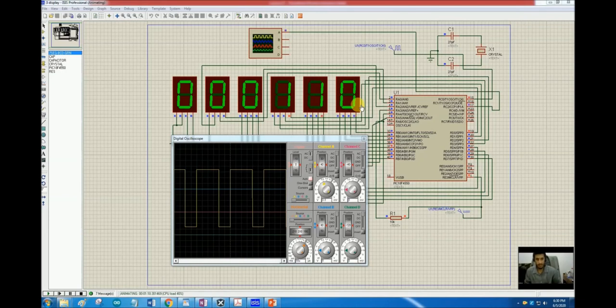So that is not the problem in our delay. That is a problem with Proteus, and that is not actually a problem with Proteus. Proteus does not simulate in real time. Here at the bottom left corner you can see that a timer is running, and this is the time scale that Proteus is using for the simulation.